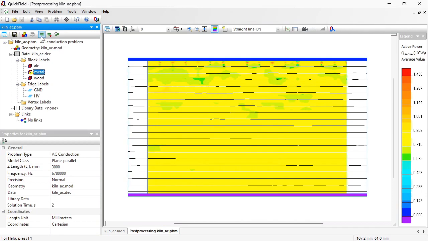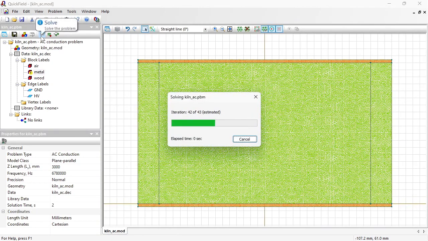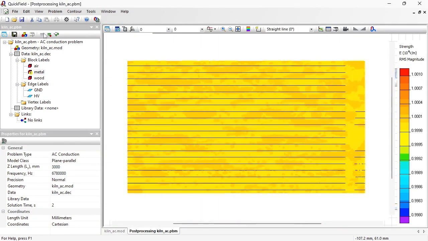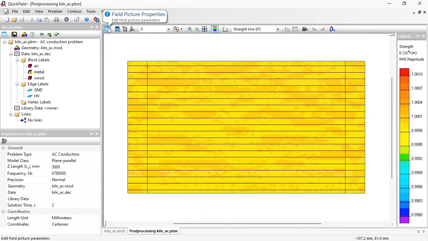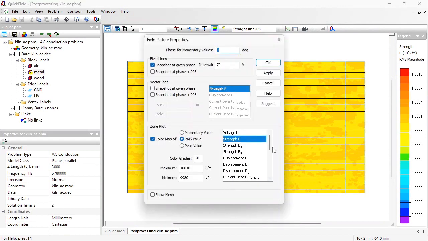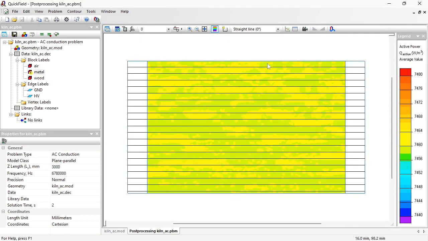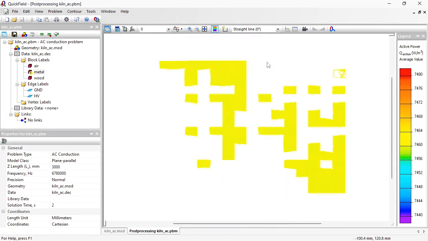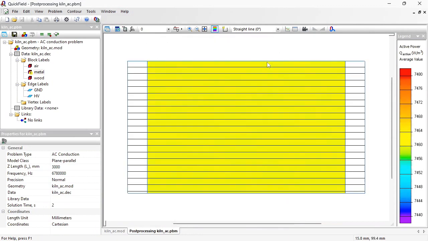Now let's solve the problem again. Again, follow the field picture properties and adjust the field picture. Now you see almost uniform power density distribution in the wood. If we adjust the field picture and add more colors to our picture, 200, you will see that it is uniformly colored. You can use the local values tool,